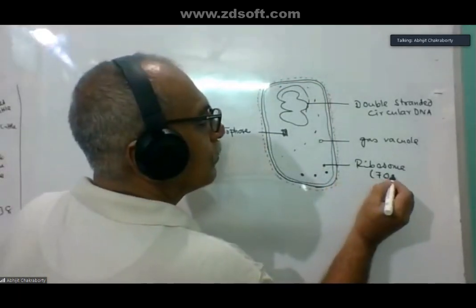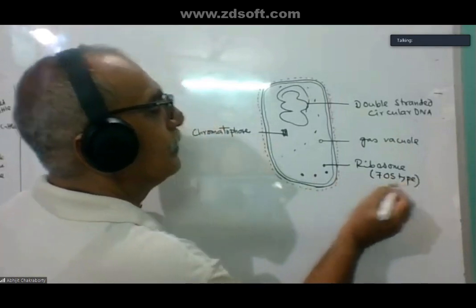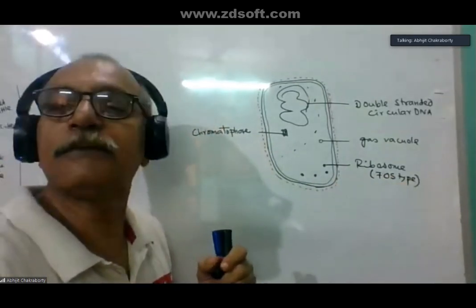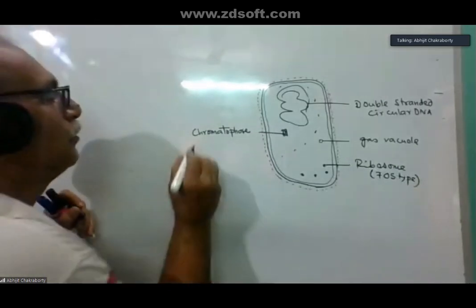Ribosome is similar to bacteria, 70S type. I think I discussed the function of the gas vacuole earlier. Chromatophore contains